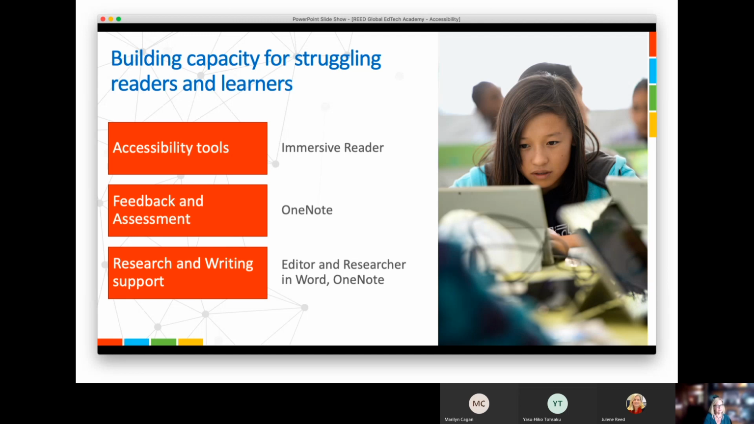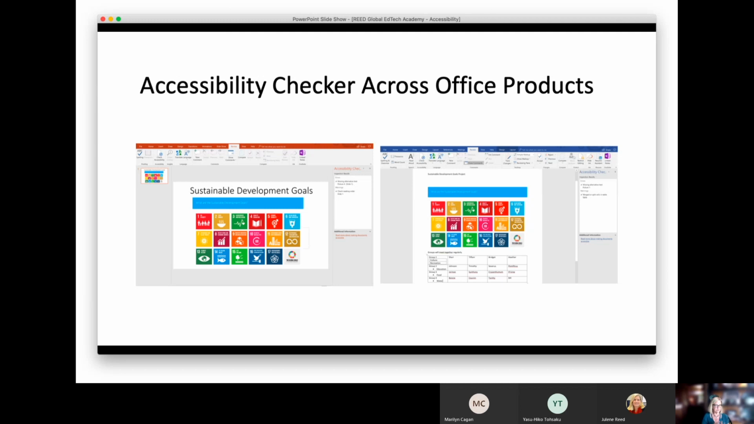So we're going to look at the accessibility tools, including Immersive Reader, and we're going to look at OneNote, and some of the research and writing support we can have with this. There are some really great things we can do. One of the things you can do is the accessibility checker, which is available on all products. Microsoft has built this in where you can quickly judge and assess whether something you've written or created is